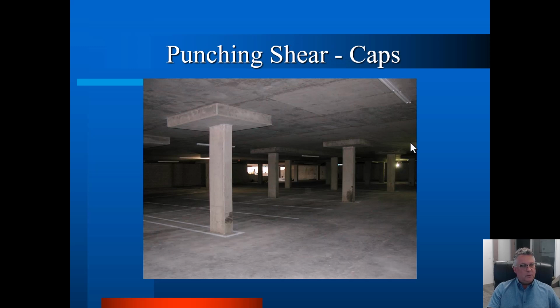I'm showing you what I'm about to show you because it's good dramatic effect, and nobody ever forgets about these. This is how punching shear is handled. We don't use these caps these days that often unless it's a podium, and in this case it was a podium, so we would do the same thing. But there is a good trend to remove these caps in the thinner, lighter structures.